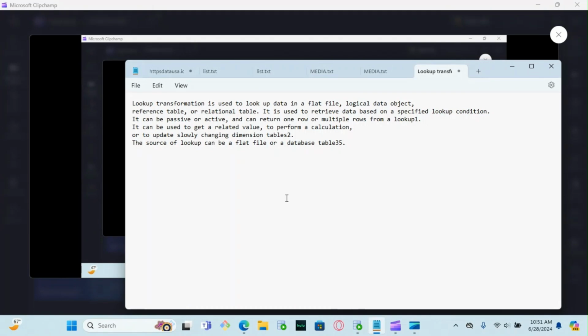Hi everybody. In this video, I will show you how to use lookup transformation. Lookup transformation is used to look up data in a flat file, logical data object, reference table, or relational table. It has many uses, but in this video, I will show you how to retrieve data based on a specified lookup condition. So, for example,